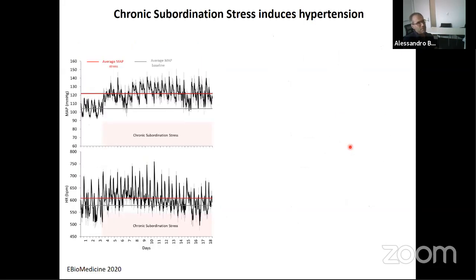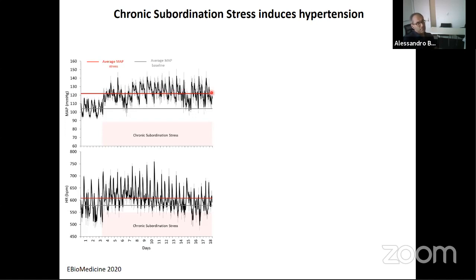More recently, we became interested in blood pressure. And again, using radiotelemetry, we were able to show, for the first time to my knowledge, that not only did the animal develop tachycardia, the animal also developed hypertension. Almost immediately, as they start from a baseline level with a mean arterial pressure around 100 or so, they start the chronic stress, and then this is radiotelemetry, so this is live continuous monitoring of cardiovascular function, or blood pressure in this case. The mean arterial pressure goes up with systolic much higher than 130 or so, and then the mean arterial pressure stays stably over 120 for days.